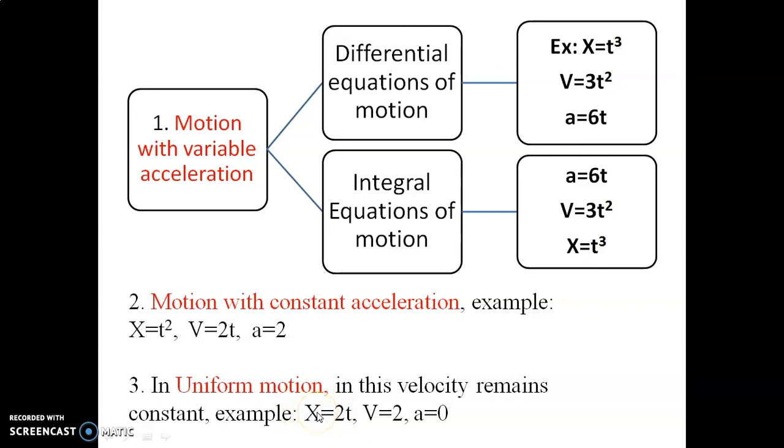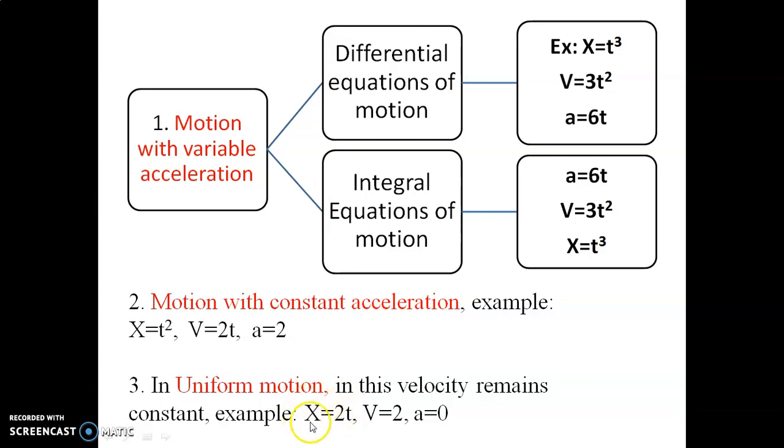Here the motion is defined in terms of the equation of displacement: x is equal to 2t. If I put different values of time t, if I put t is equal to 1, I get x is equal to 2. I am considering x as the displacement along the x-axis. I am assuming rectilinear motion, the motion which takes place along a straight line, and I am assuming that straight line is a horizontal line, that is the x-axis. Those are the assumptions I have made.